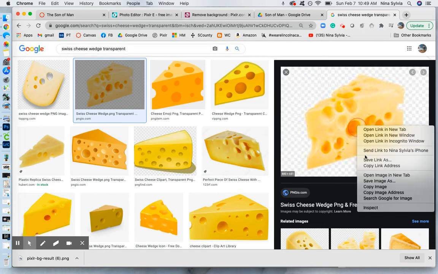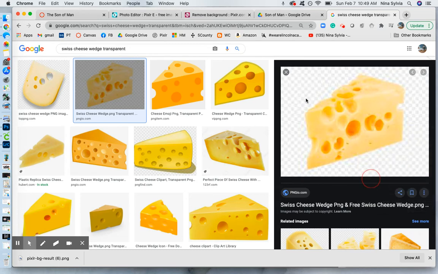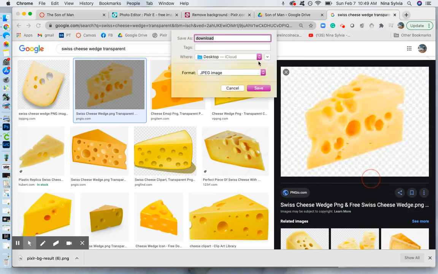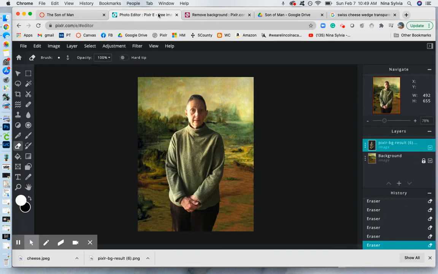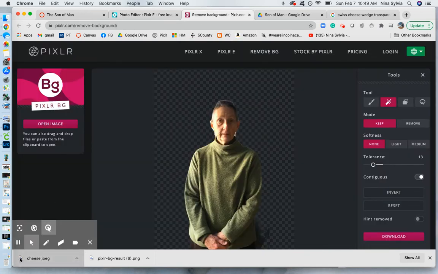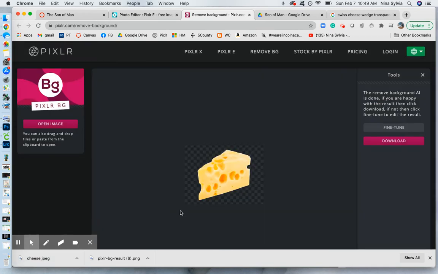So I'm going to right click on this, save image as. You know, if I were showing my desktop or my download, I could just drag and drop it, but I'm not. So I'm going to download that. And then I'm going to go back to my photo editor, or I can test it and make sure in here that it is still transparent, and it